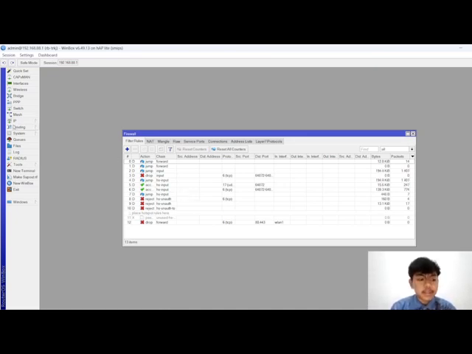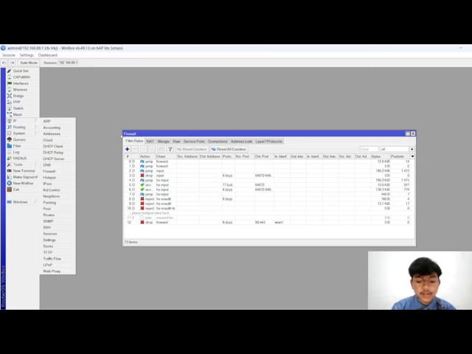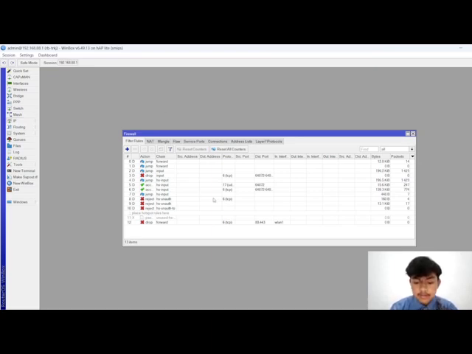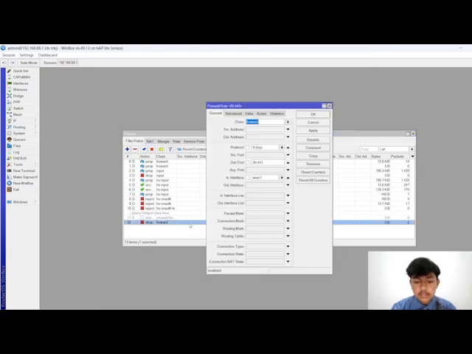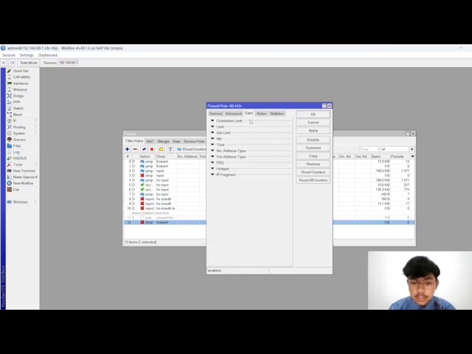Click IP and click firewall, then open your setting, go to the extra tab, and set the time.